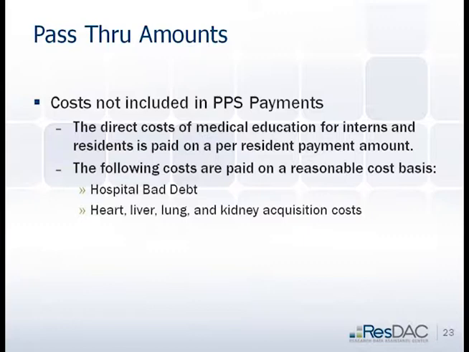Those are things that are above and beyond just the normal DRG, not included in how they calculate a PPS payment, and so that gets into something called a pass-through amount. You can study these, you can see what's getting paid. Other things that are not included in DRGs, hospitals can get reimbursed for heart, liver, lung, kidney acquisition costs. So for those of you that are looking at transplants, you'll always have some pass-through amounts for those types of